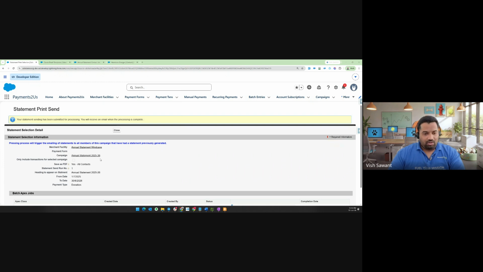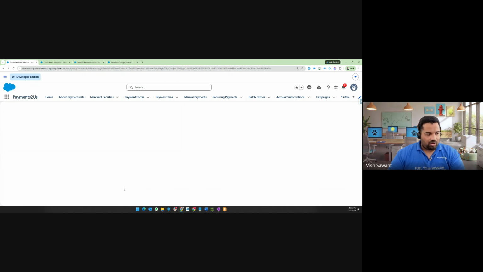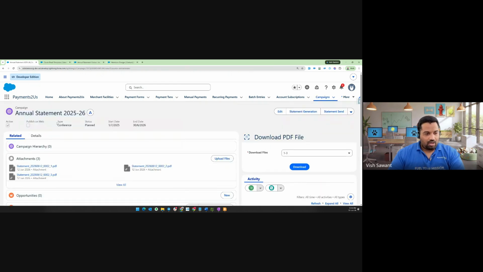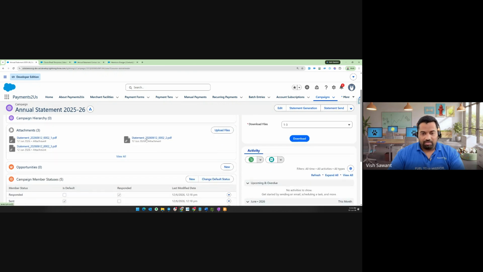Now, what will happen is it will automatically generate the annual statements again, and it will attach to that email and send out the annual statements to all the donors. Once it's complete, I can actually close and come back here. And because we selected download PDFs for all users, you can actually see that the statements are added to